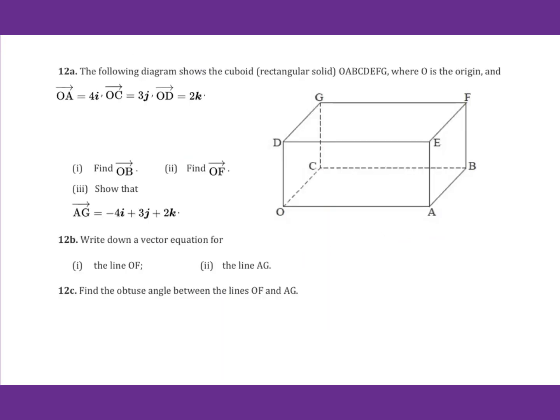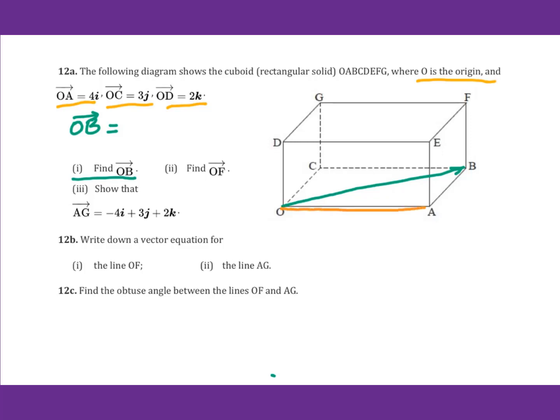Let's go to 12a. The following diagram shows the cuboid, rectangular solid O, A, B, C, D, E, F, G, where O is the origin and OA equals 4i, OC equals 3j, OD equals 2k. Find the OB. So OB equals, we try to find a route from O to B, but try to use OA, OC, and OD. We have